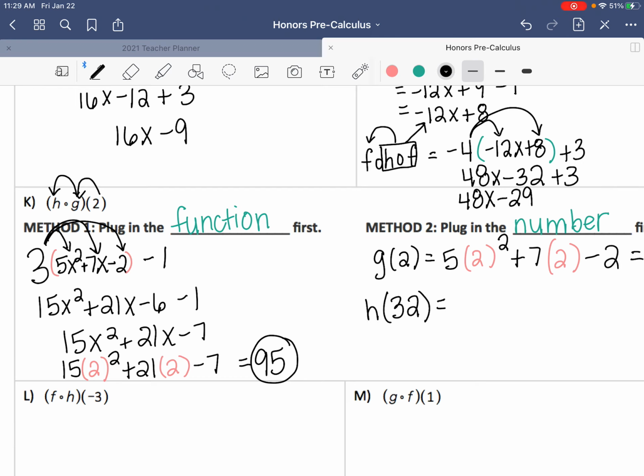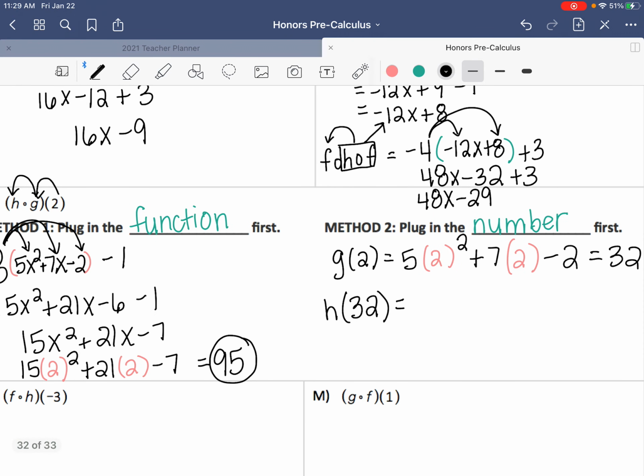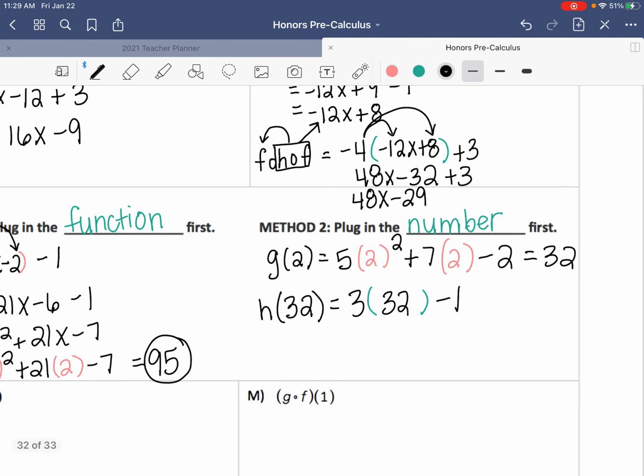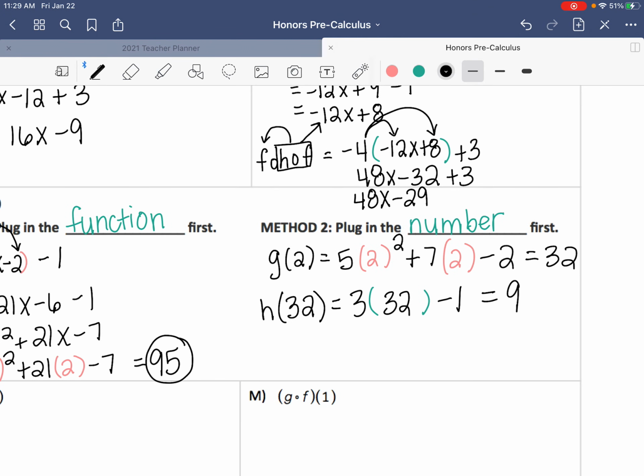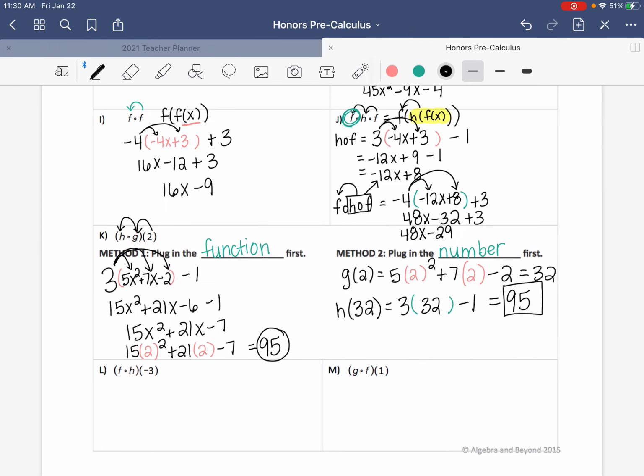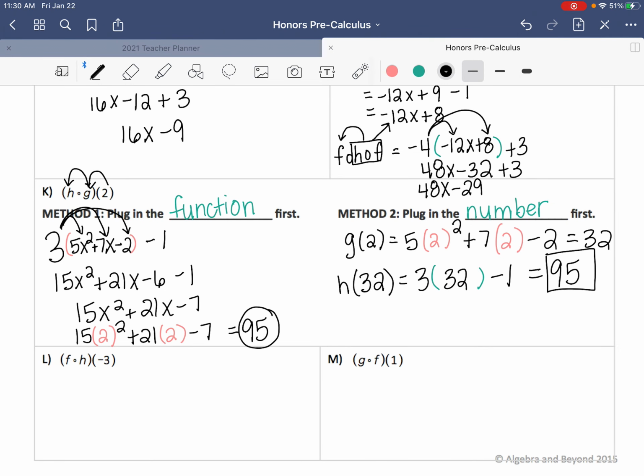So we're doing 2 steps here. So my h function was 3x minus 1. So 3x minus 1. And here we're going to plug in 32, which comes out to equal 95. Same answer, just 2 different ways of processing that. I think that plugging in the number in 2 steps is sometimes easier. It kind of depends on